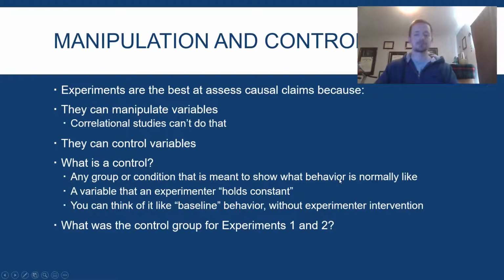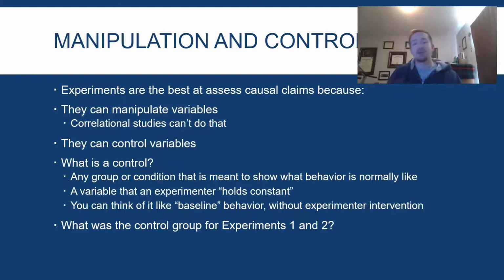All right, so think about what were the control groups for experiments 1 and 2. For one of those, it should be kind of easy, right? If you're interested in the influence of laptops, the control condition would be taking notes without laptops. But the control condition for the one with the pasta bowls is a little bit less clear, right? You're not letting participants choose the bowls that they would want. Instead, you're assigning those bowls. So we don't know if they would have chosen medium or large size bowls. So that information could be a concern.